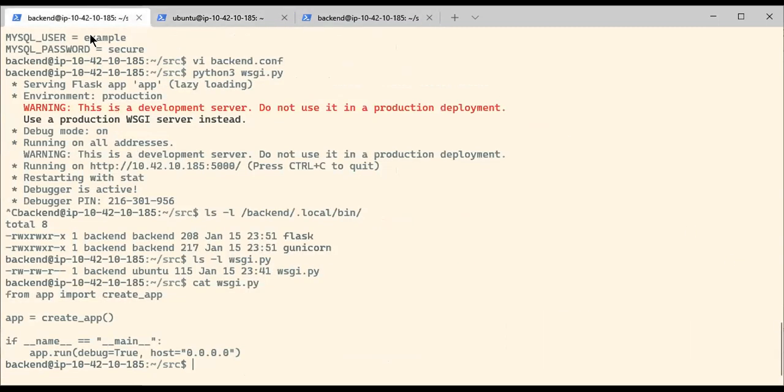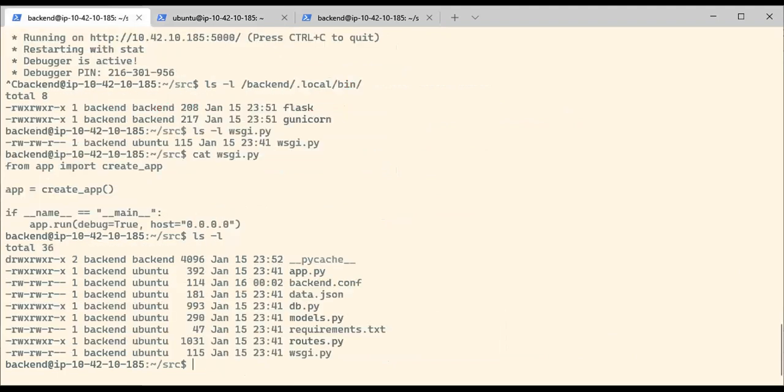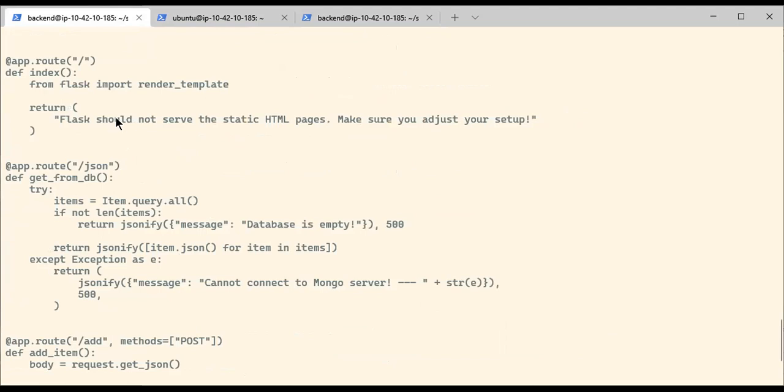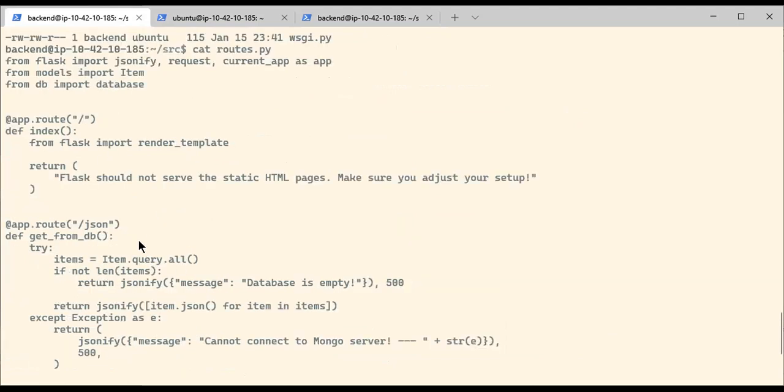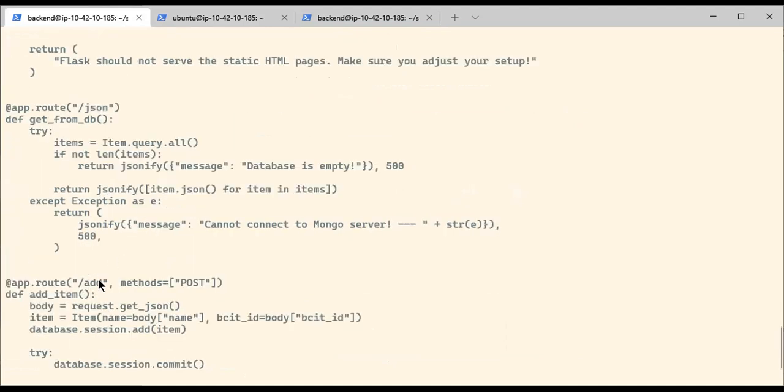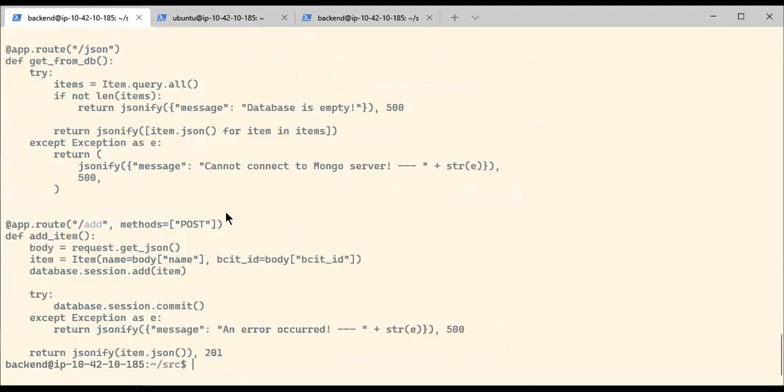If you look at the backend source code, for instance routes.py, you see all the routes that this backend application is serving. You have /, which says that it should not serve the static HTML pages. And then you have the actual API endpoints /JSON and /add. So we might actually be able